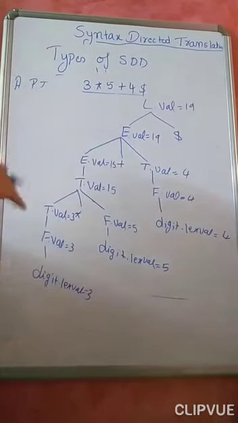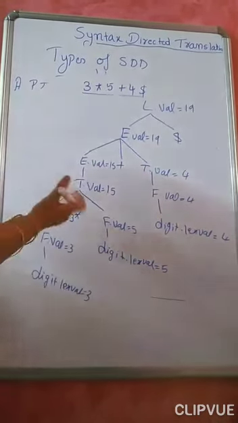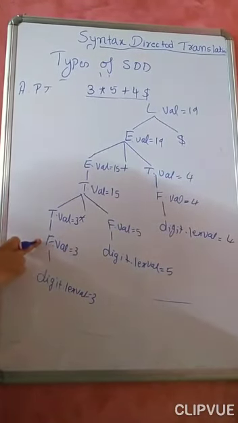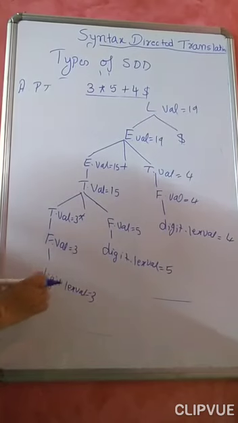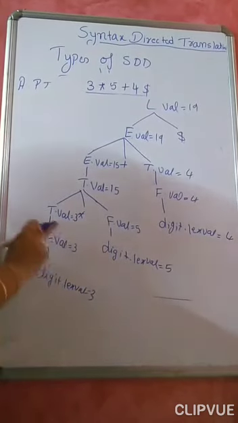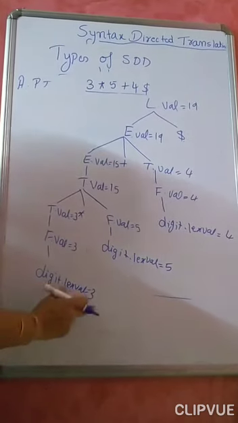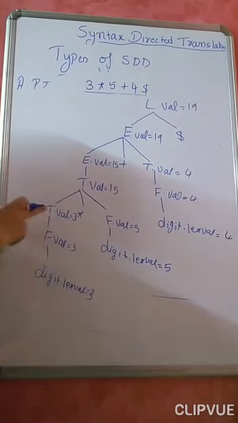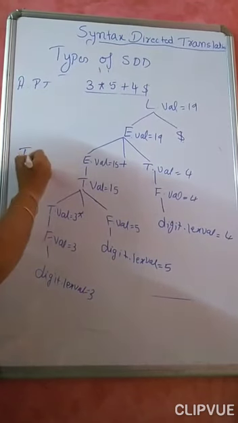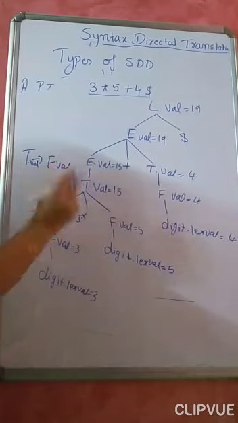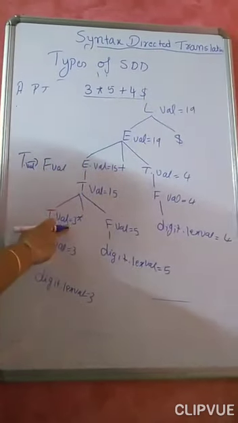So go through that grammar, the previous one that I wrote. Whenever F determine digit, what is the action associated with this? F dot value is equal to the lexical value that we are passing. So that's why it is 3. Whenever there is a production T determine F, what is T dot value? It is nothing but F dot value. So that's why I have assigned the same thing.